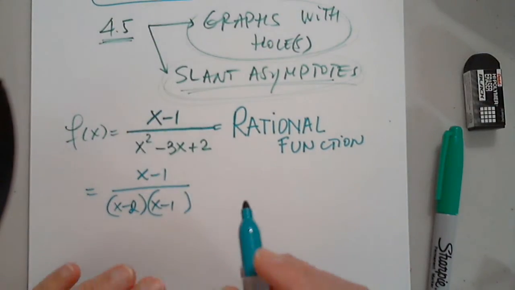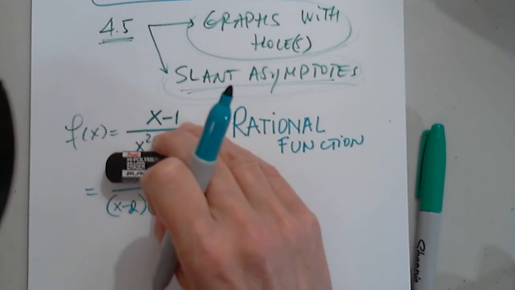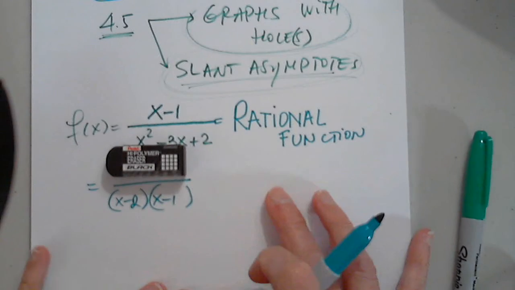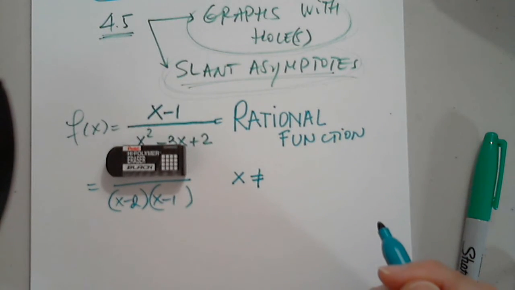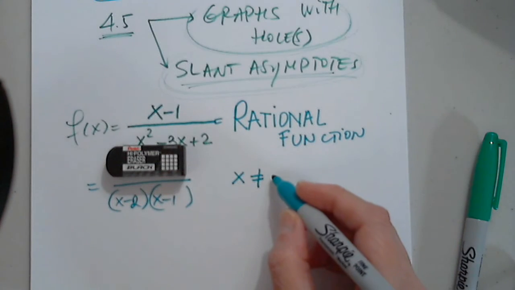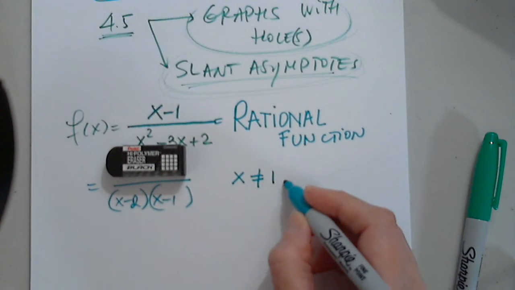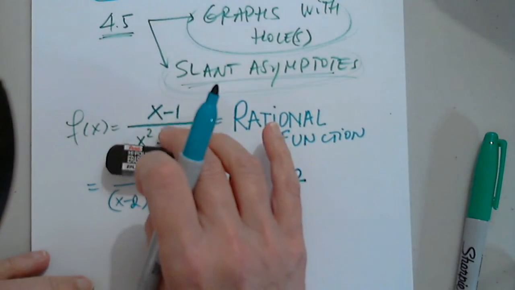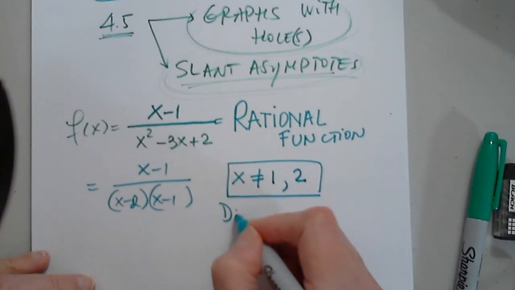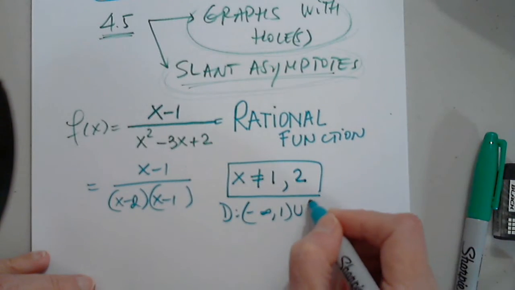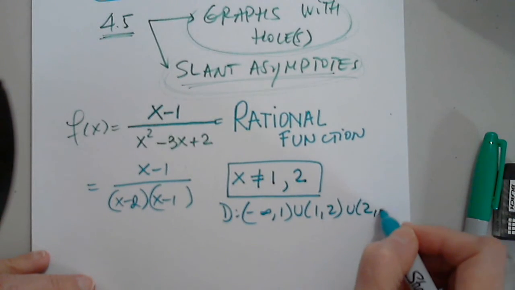Very good. Awesome. So regardless of what the numerator has, I have to state two restrictions. And the restrictions are? X can't equal 2 and x can't equal 1. Excellent. After I state the restrictions that give us the domain of this function, in other words, negative infinity to 1, union 1 to 2, union 2 to infinity,